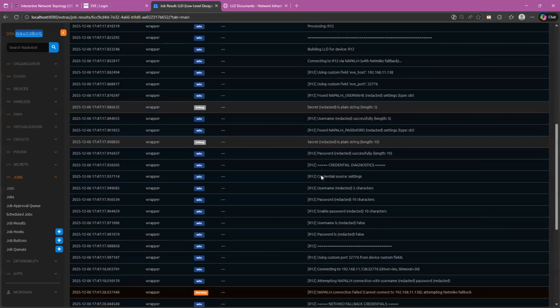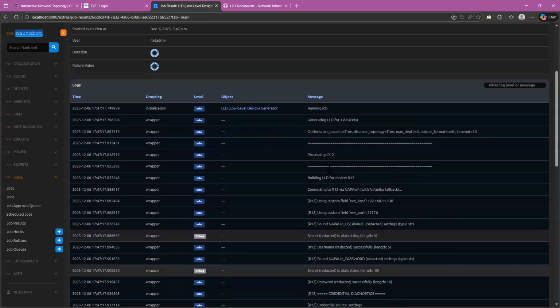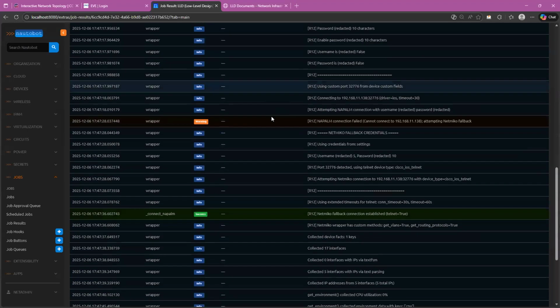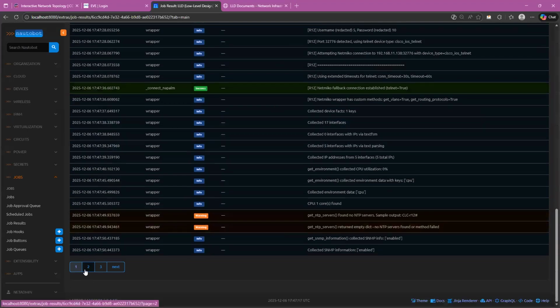This script is working. I have made this script robust, so it will go and take the information related to interfaces, IPs, VLANs, routing, MTUs, maybe topology, CDP, LLDP, all those things. So it will log into the device, pull all that data, and then it will plot the diagram as well. Let me show you that once it completes.